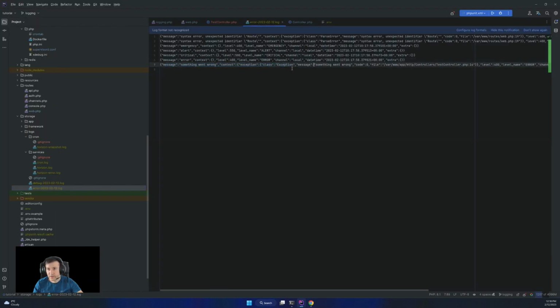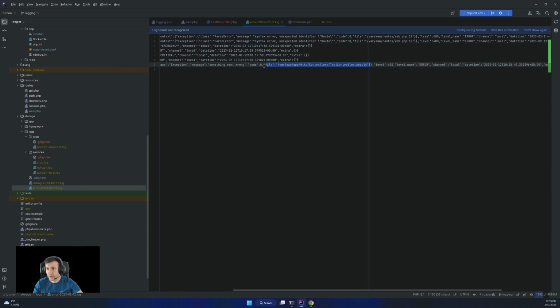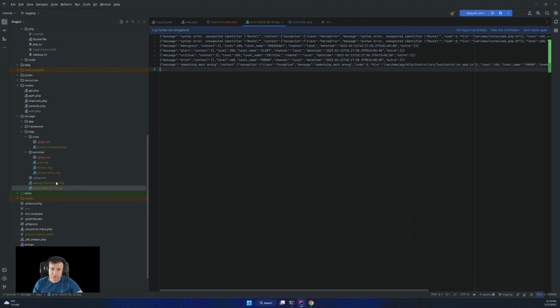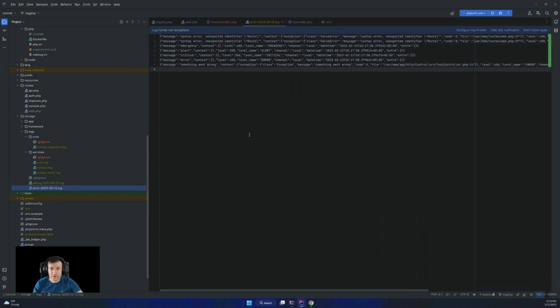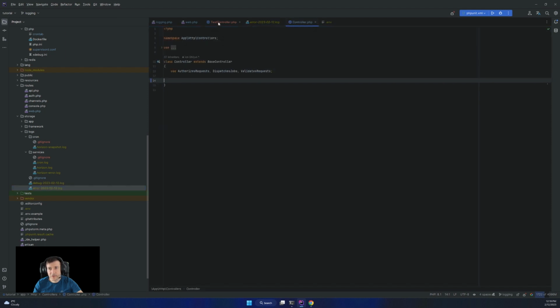It's logged again, with the stack trace and everything, so it can be followed in any logger you might use. So this is the way I recommend to structure the logs in a Laravel application.